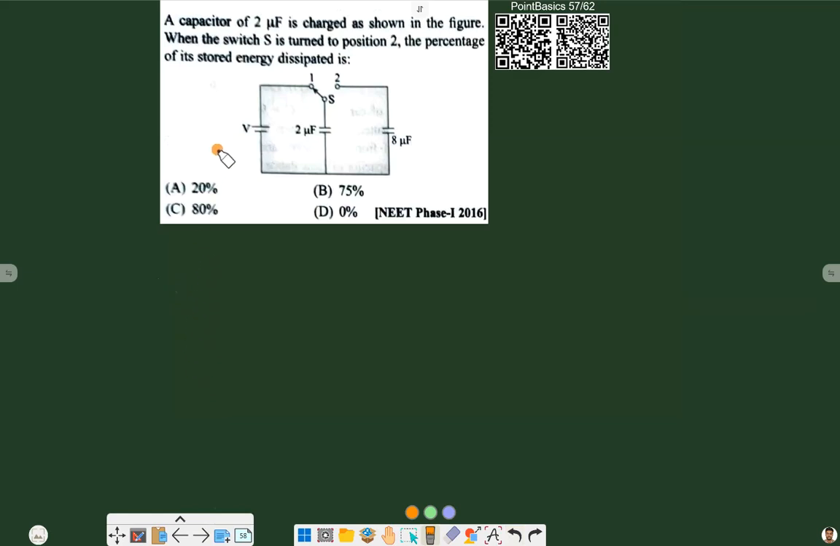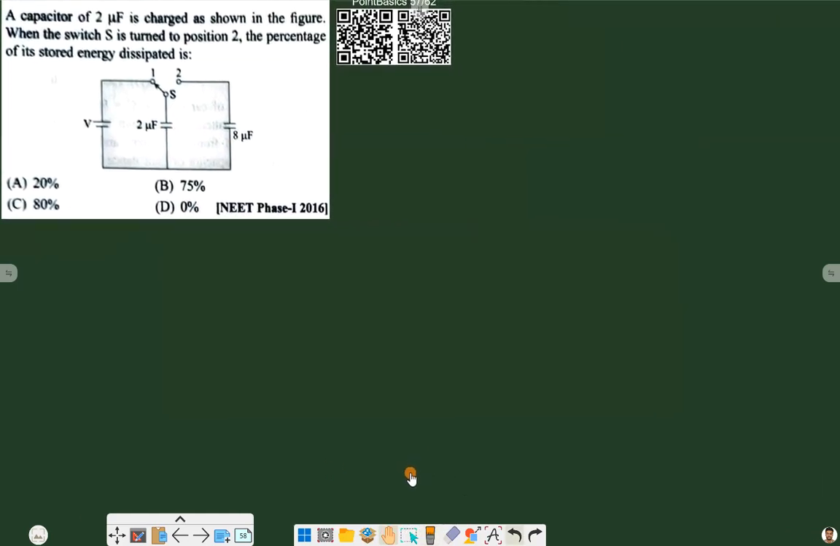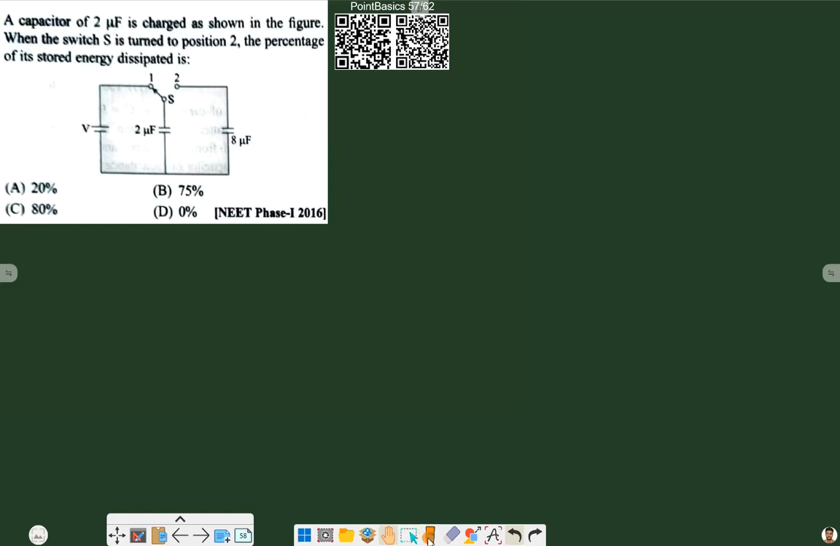So now we have a slightly different statement, and again we have to calculate the amount of energy dissipated. Here we have values of capacitance as different, here 2 microfarad and here 8 microfarad. In the previous question these were equal, so in this our values will slightly change. So again, suppose